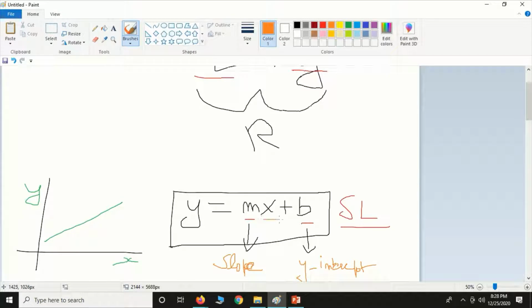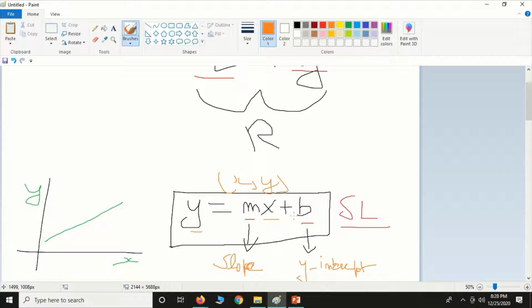X is the x value in a point, right? We'll plot it as x comma y. That x value is given to the formula, and if you know the m value, x value, and b value, we can substitute them and we'll get the y value. That is called the prediction. We can find the m value and b value in different ways. With that, if we put it in the equation, we'll get the y value. That's called the predictions. M and b are called the parameters.